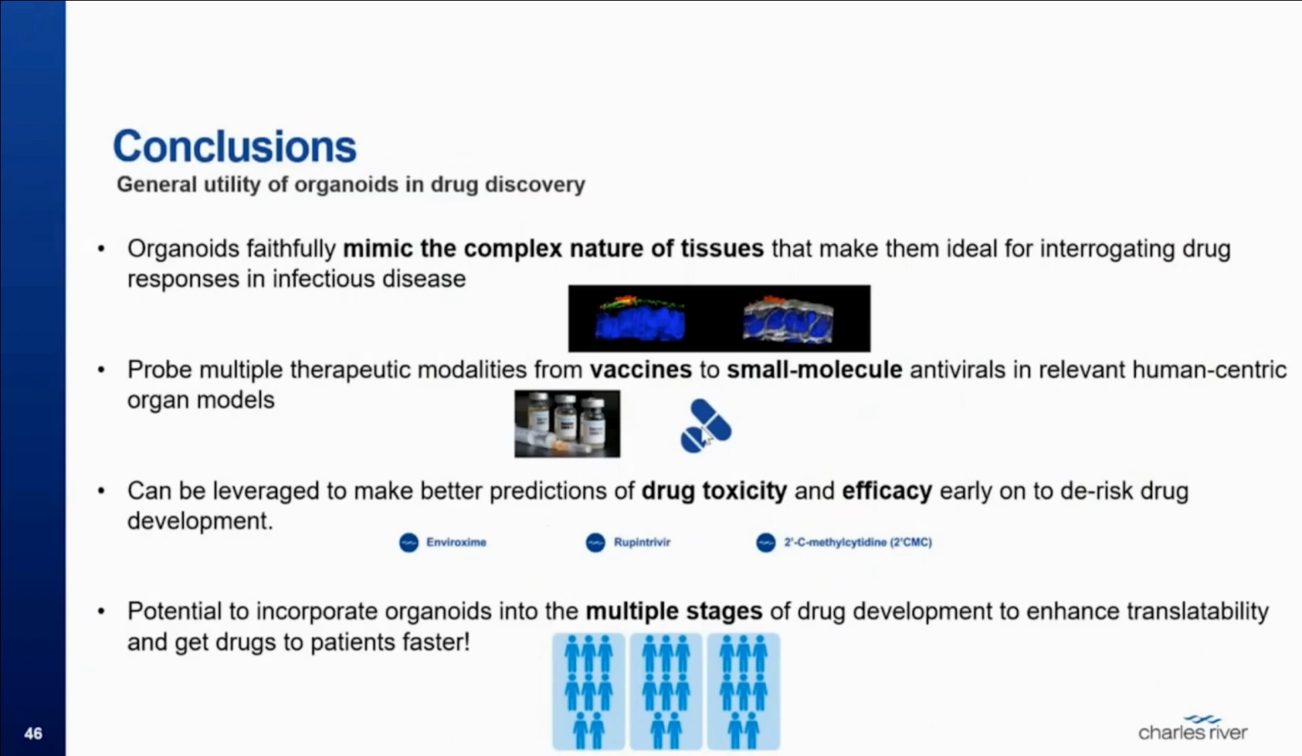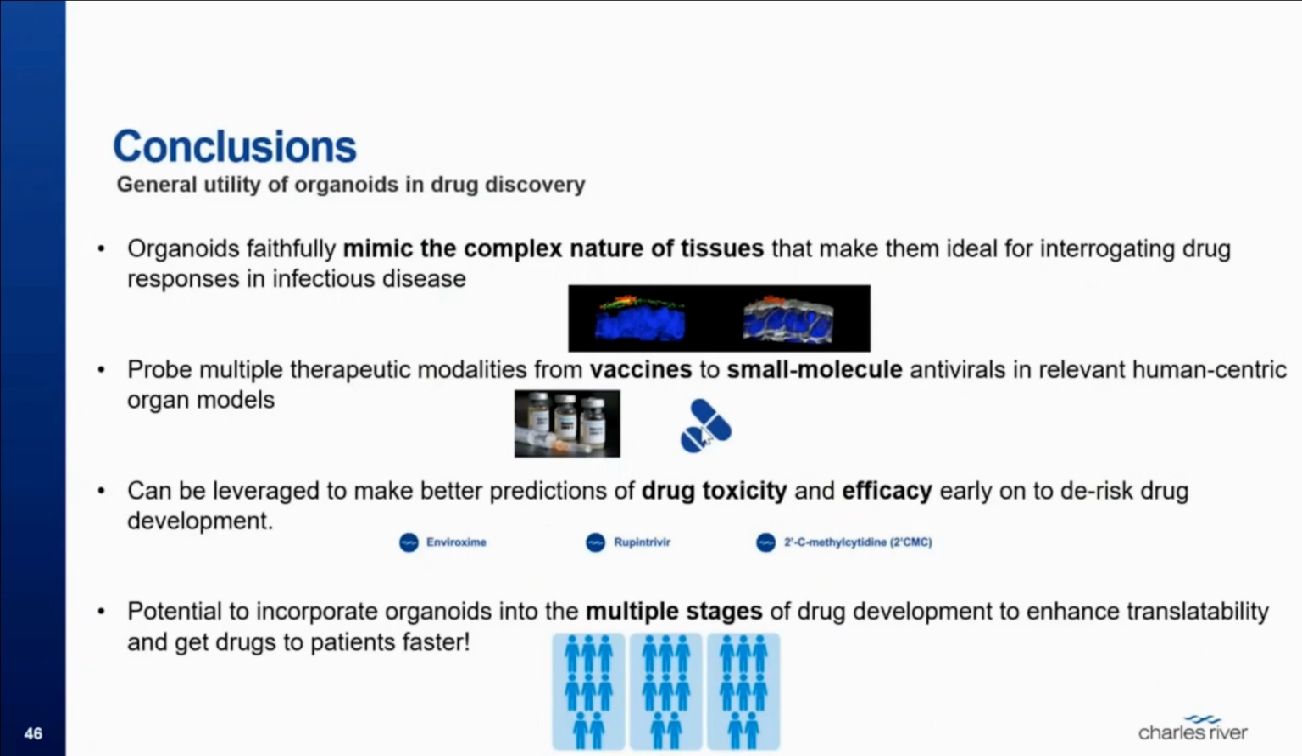So just to sum up some of the key concepts I hope throughout the whole webinar have come across and that we've convinced you of, is that one, clearly organoids much more faithfully mimic the complex nature of tissues, and that makes them ideal for interrogating drug responses in infectious disease, not least because they have the structure, and you could think about drug penetrance here, but also that they'll have all the right cell types to really have that holistic view as to how your therapeutic is working. And I think what we've shown you is that you can probe multiple therapeutic modalities from either vaccines or small molecules in a much more relevant human-centric system, which you can't or haven't been able to do up until recent